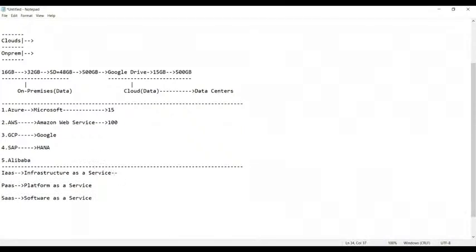Let us try to understand infrastructure as a service. Suppose you have a very large, massive amount of data to be processed. Does the Windows operating system support every amount of data processing?